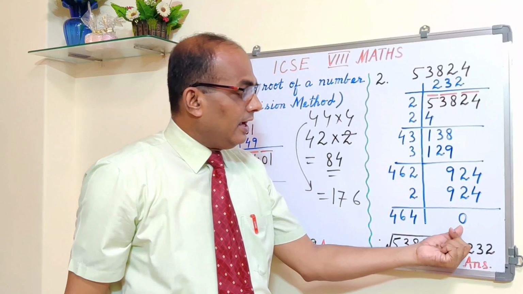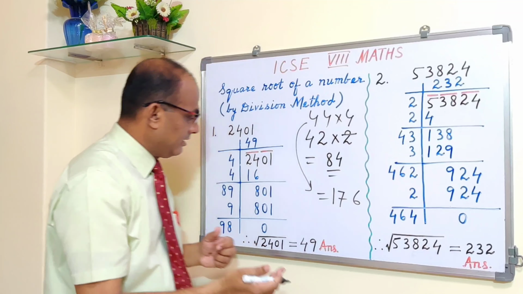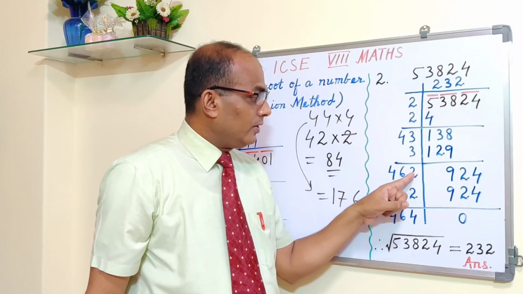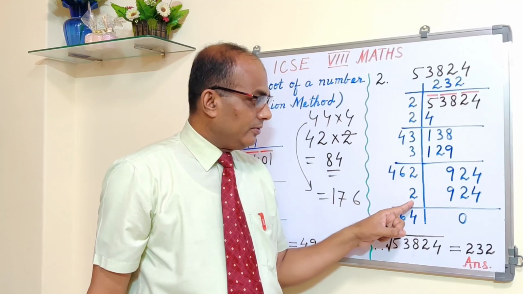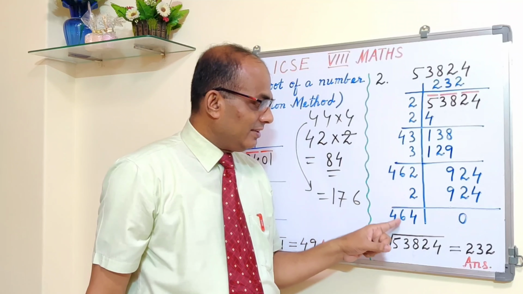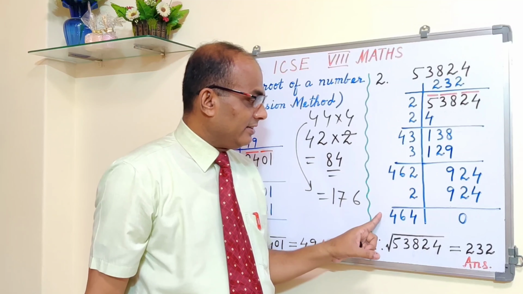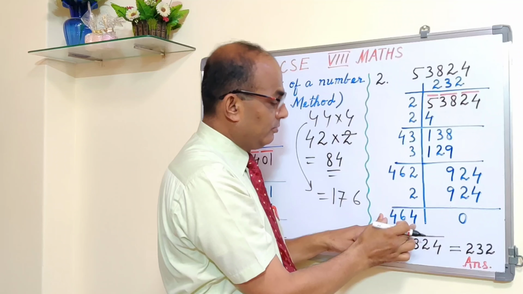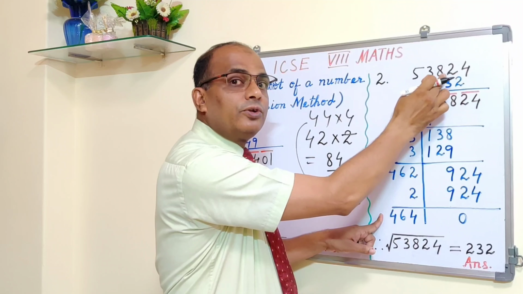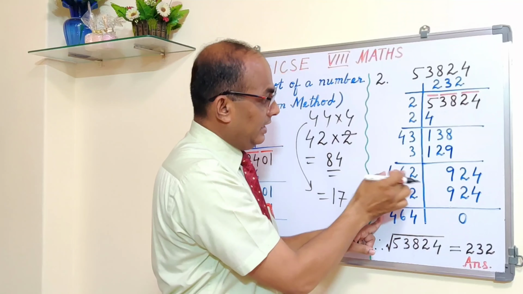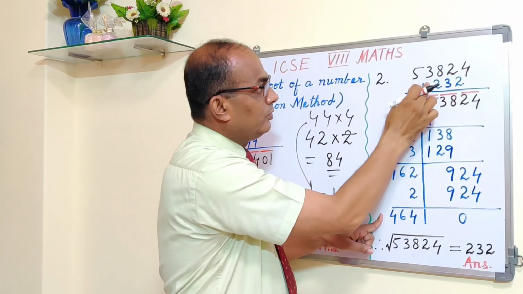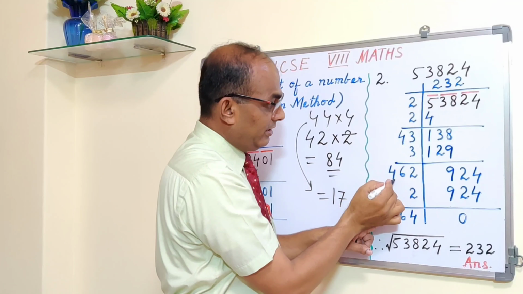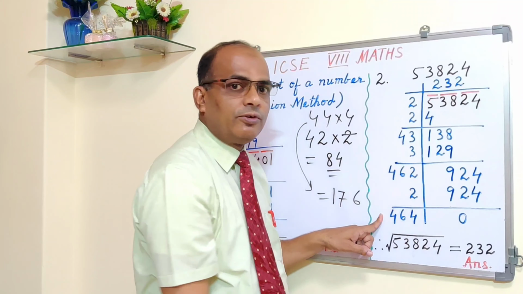Fine. And after that, as I did here, similarly you can do here also. You can add 2. You have here 2, so you can add 2 here. 2 plus 2 is 4, 6 as it is, and 4 as it is. Otherwise you can think like this. Double of 232 is 464. You have to double the quotient. Like here, 23, double is 46. Double of 2 is 4. Double of 23 is 46. Double of 232 is 464.